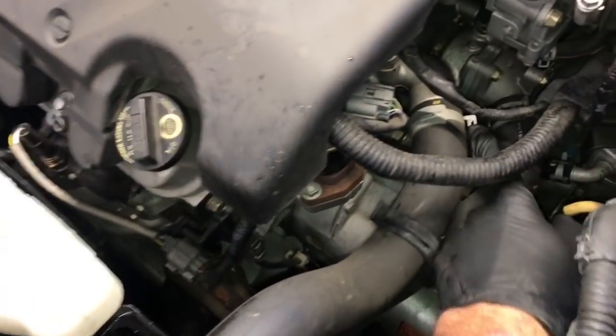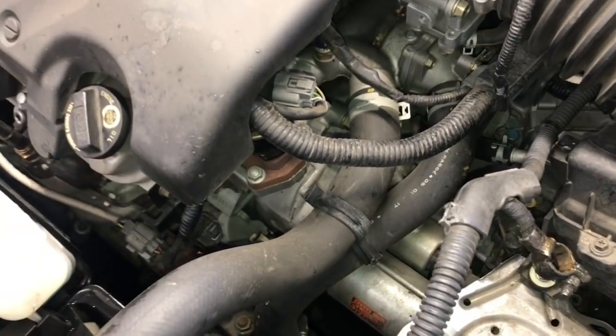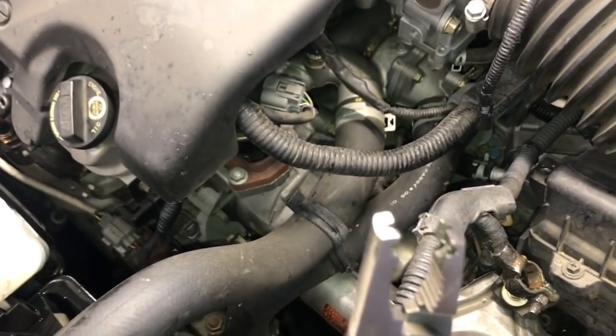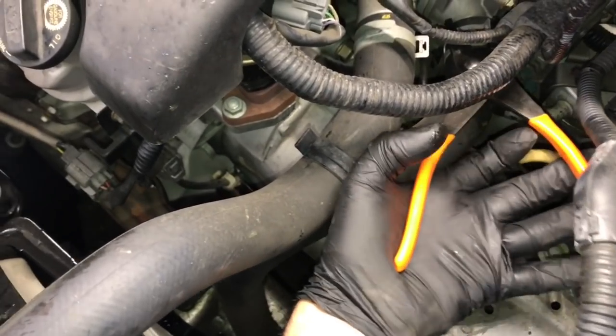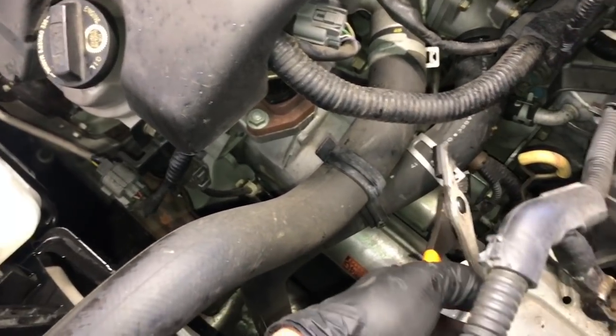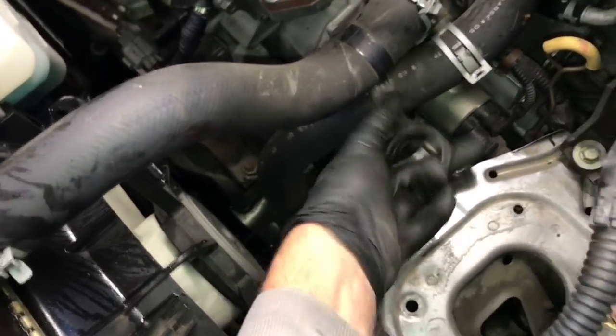Now we're ready to remove the two hoses from the thermostat and the water outlet here, the upper and lower hose. So we're going to pop those two off. To do that, you're going to use pliers. I'm using a specially designed hose clamp pliers to squeeze these, but regular pliers work just fine. So squeeze the clamps and pull the hoses back. Once you get them pulled back, there's going to be this little plastic catch here that holds the two hoses together. Go ahead and pop that off and set that aside. Since we're replacing the hoses, I make incisions on them to make it easier to get them off. If you're reusing them, just take them off, and you're just going to tuck the two hoses off to the